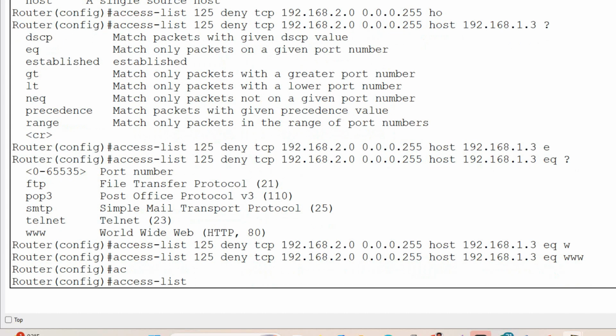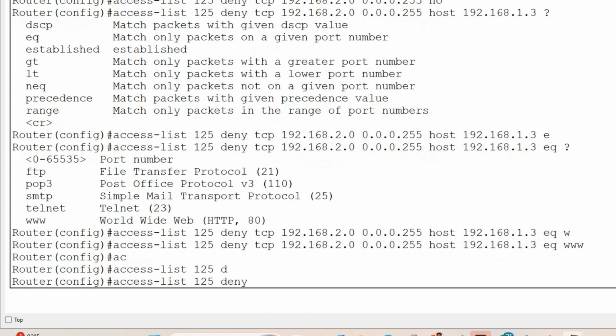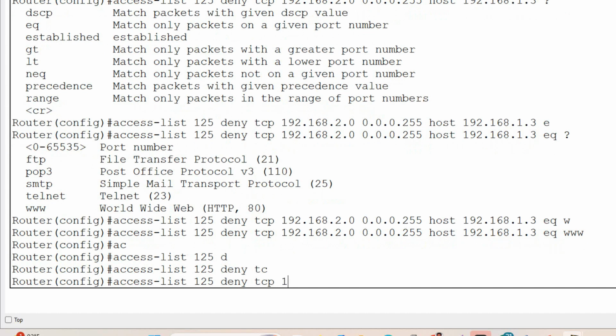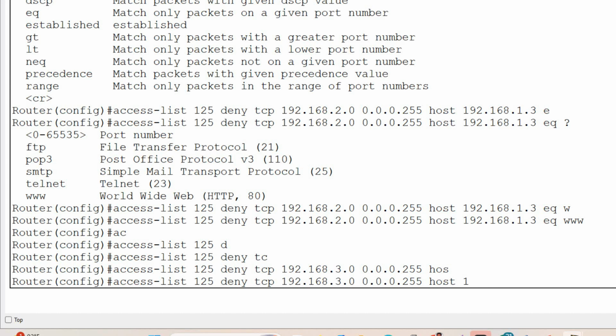Now access list 125, that means I am going to apply the second condition. I will use the DNS. Again, FTP comes under the TCP. So now the source and destination IP address is 192.168.3.0. This will be as per your condition, so you need to understand your condition. Again, the FTP service is available on 1.4. Again, EQ,